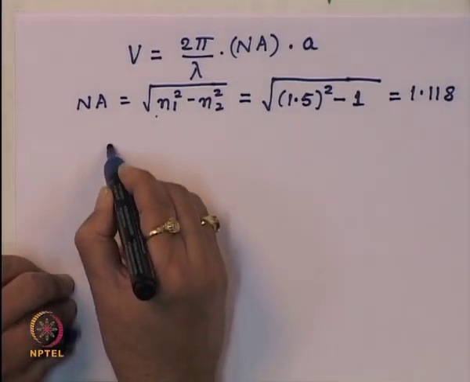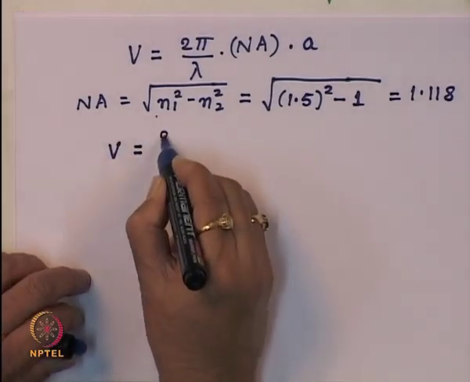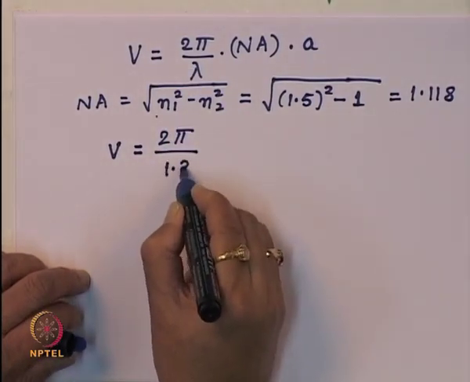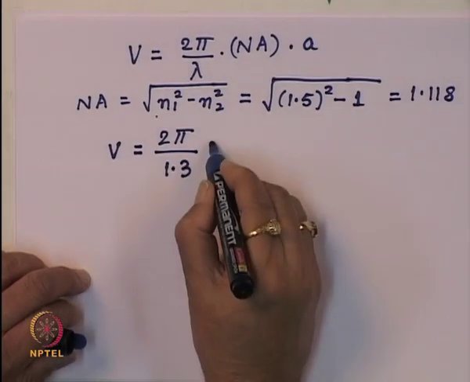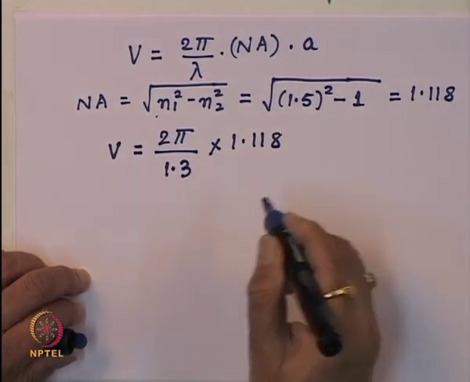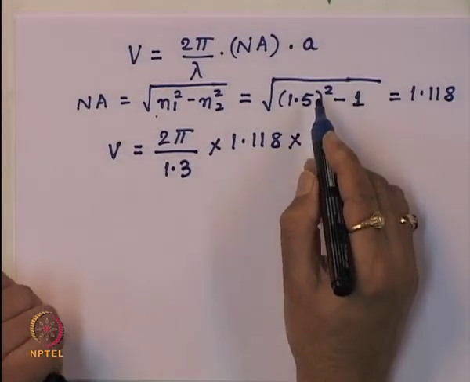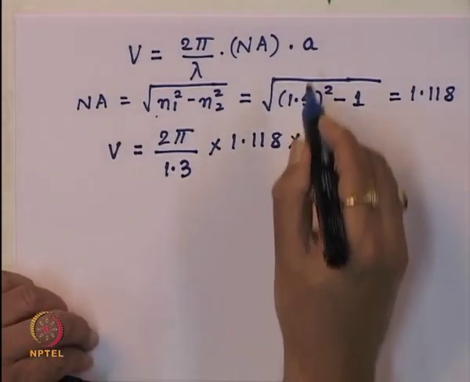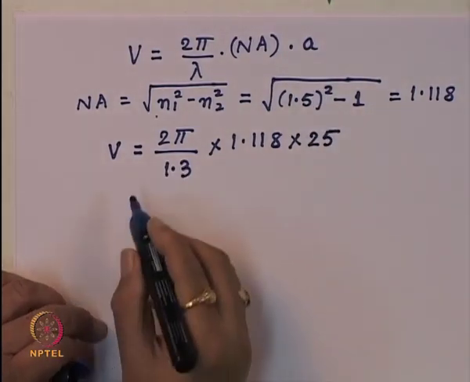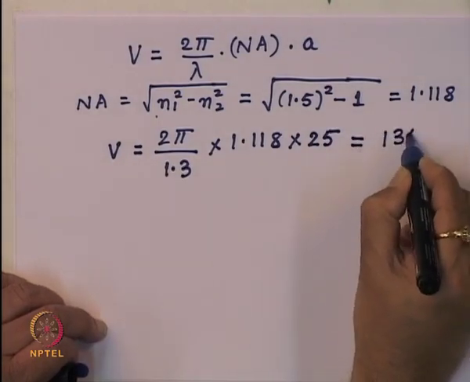So, the V number for this optical fiber is 2 pi divided by lambda, which is given as 1.3 micrometers, multiplied by the numerical aperture 1.118, multiplied by the radius of the optical fiber. It is given that the diameter of the optical fiber is 50 microns. So, a is equal to 25 micron. So, we get the V number of the optical fiber is about 135,